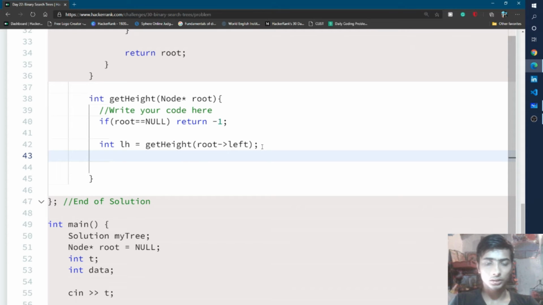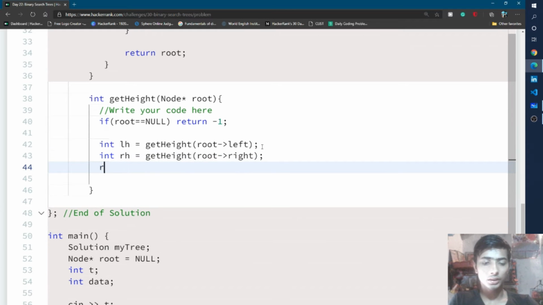After that I declare another variable which is RH, denoting the height of the right subtree, and then again we call the getHeight function, and inside it this time we pass the value root pointing to the right, and then finally we return the maximum of LH and RH.